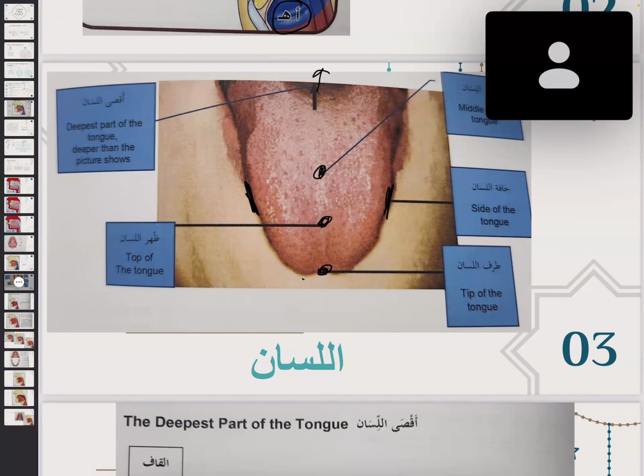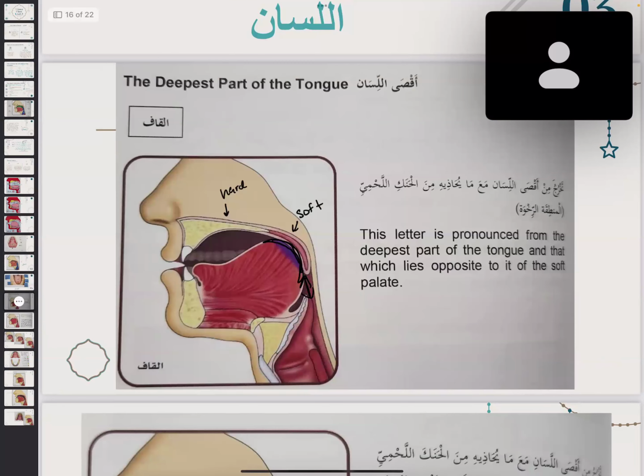But the tongue takes a different shape when we get out any of these sounds. Like when you want to say the letter qaf, the tongue takes a shape as like when it's